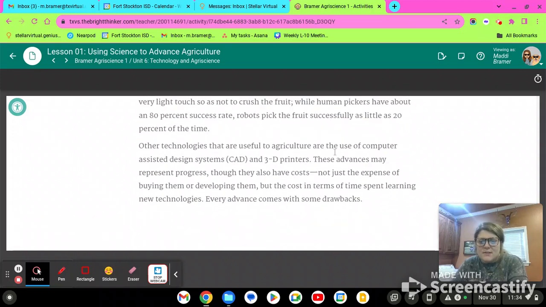Some other technologies are CAD and 3D printers. These advances represent progress, but they have cost. Not only does it cost to buy these programs, but it's going to cost to train the farmers. The average farmer is 70 years old, so they may not be as willing